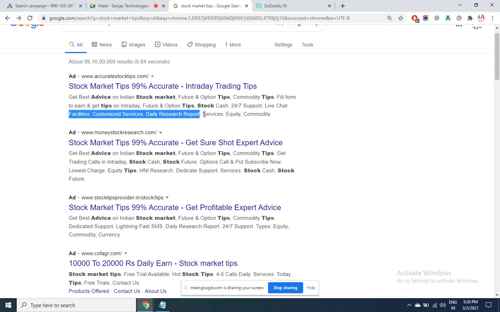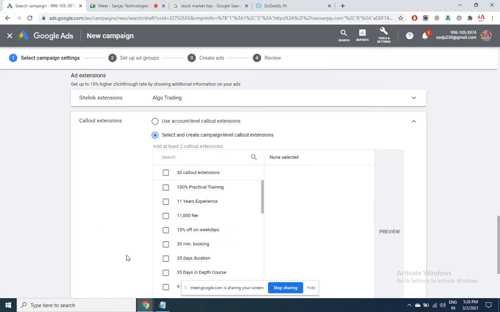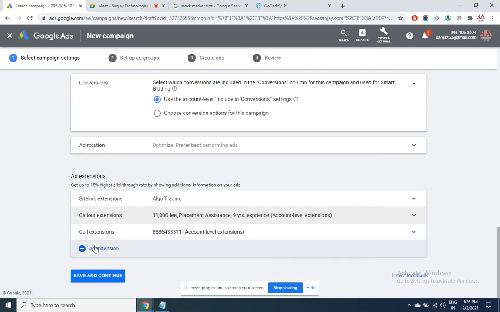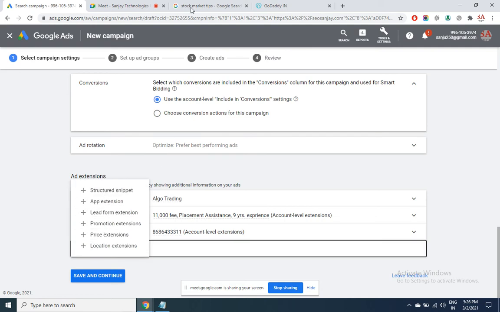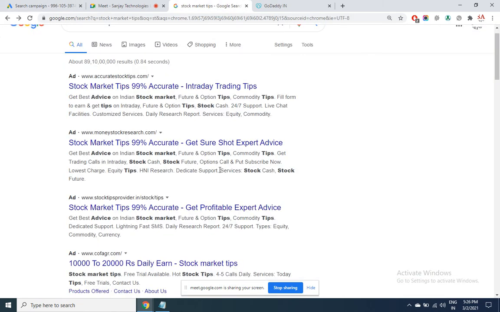This is not a callout. How do you make out a callout from a structured snippet? These are structured snippet extensions.